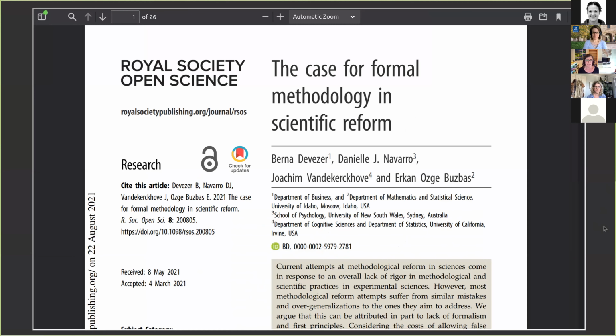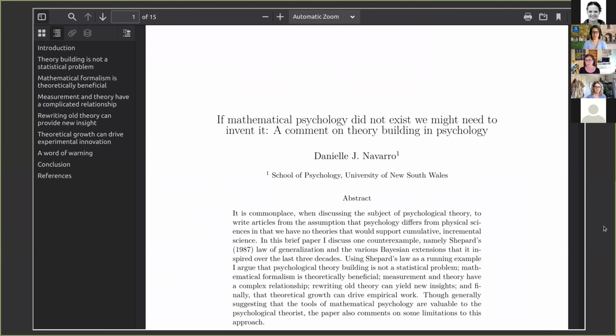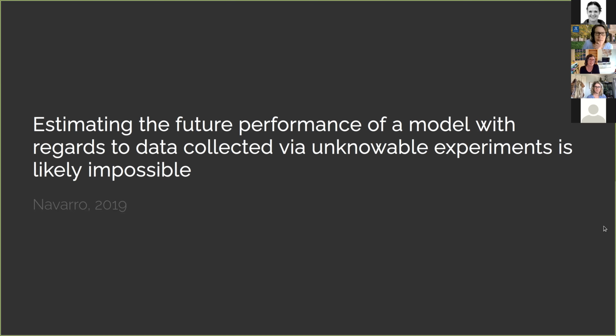I spent a bit of time thinking about what we mean when we want to talk about reforming scientific methods or scientific practices. I spent a bit of time thinking about when it is useful to mathematize or formalize our underlying theories of things and when it's not. So I end up writing things in papers that say things like this: estimating the future performance of a model with regards to data collected via unknowable experiments is likely impossible, which sounds very depressing, and in some ways is,